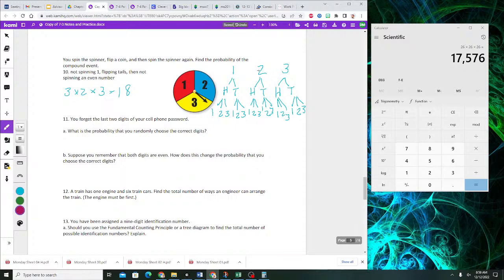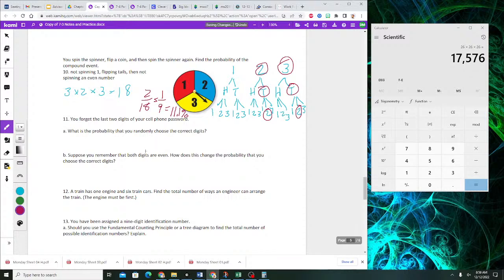Now of those, we want to start here and here. And then we want to continue on flipping tails, so here and here. And then spinning an even number, that's here and here. So it looks like there's only 3 outcomes. Sorry, there's only 2 outcomes that match that. So we're looking at 2 out of 18, which is 1/9, which means there's an 11.1% probability of that compound